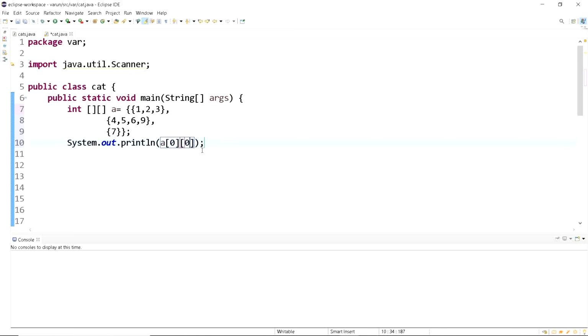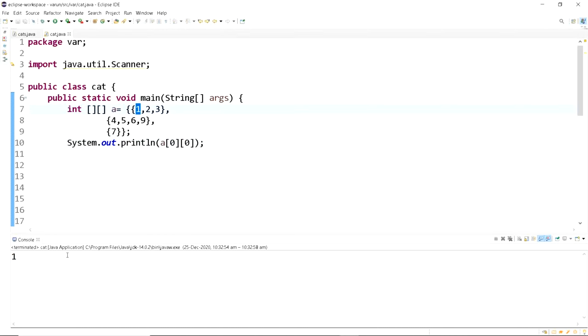The indexing starts from 0, so I want to print the element in the 0th row and 0th column. If I click print, it is showing 1. So this is the one which is stored in the 0th row and 0th column.